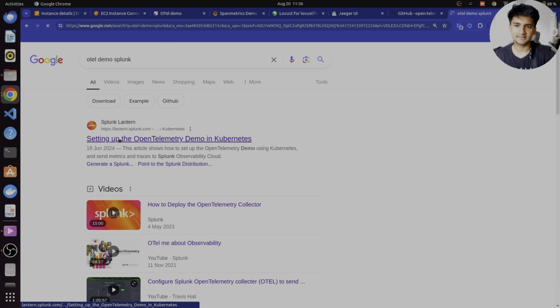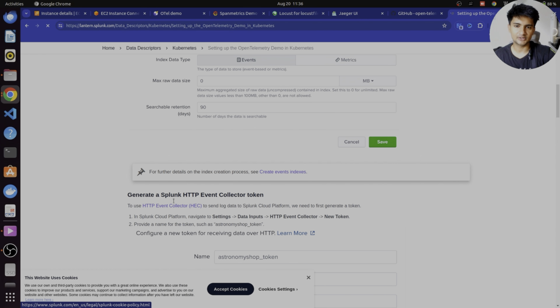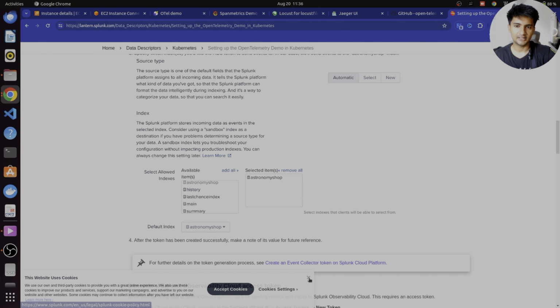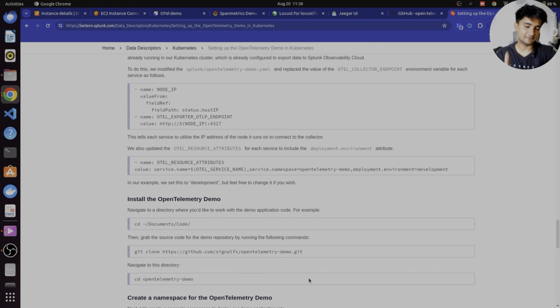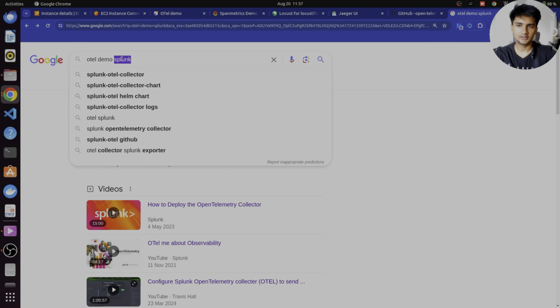So now you can see how to deploy the OpenTelemetry connector, how to set up the OpenTelemetry demo in Kubernetes. It will give you the steps on how to set up this application, and you will have the same application that we have done right now using Splunk. You will have their own dashboard to check traces, metrics, and logs. Similarly, if I search for logs.io,